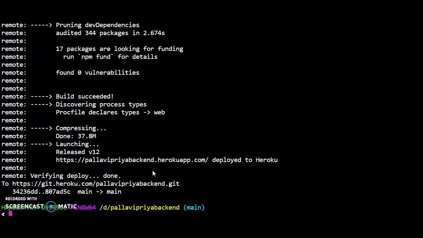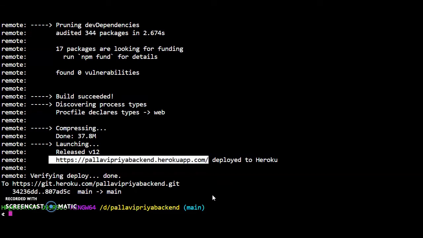Okay, now that we have done this deployment, the next couple of videos will be about connecting this backend to the front end. I have one front-end app already, so we'll use this URL as the API URL to fetch requests or send requests from the front end to the backend app. We'll see how the backend and front end communicate for data transfer and all that. All of this is coming in the next couple of lectures.